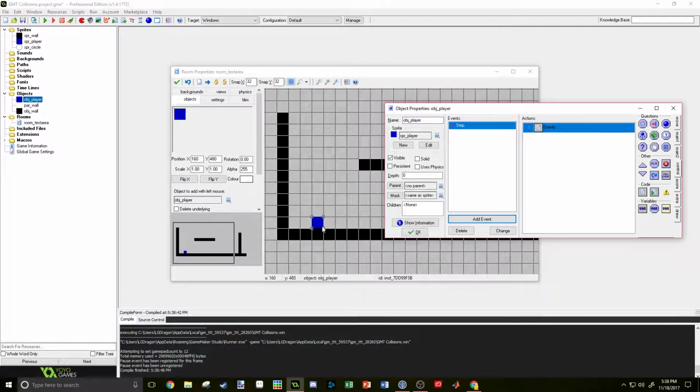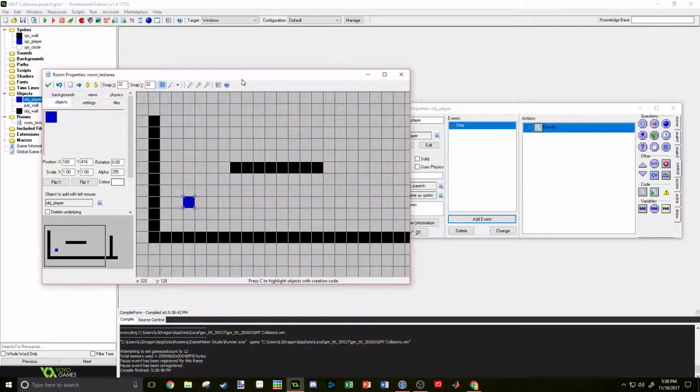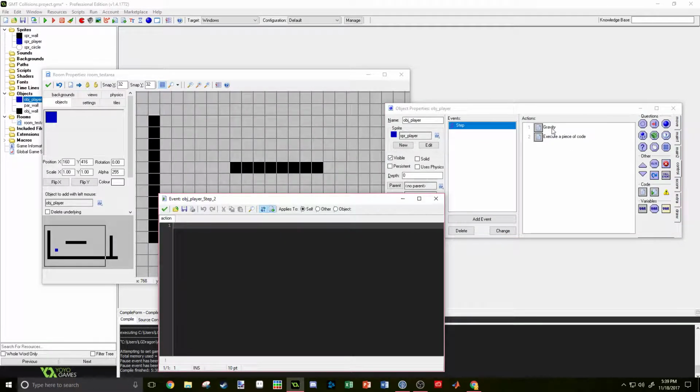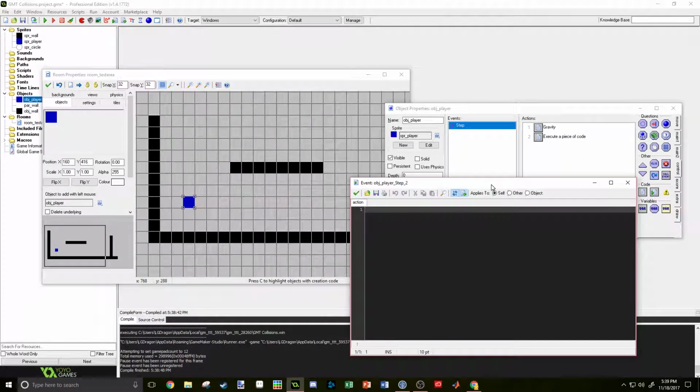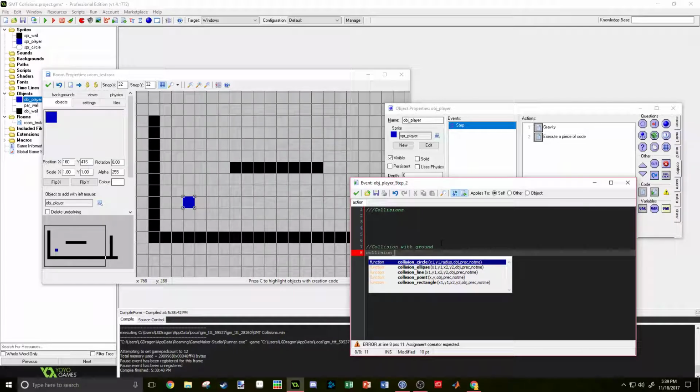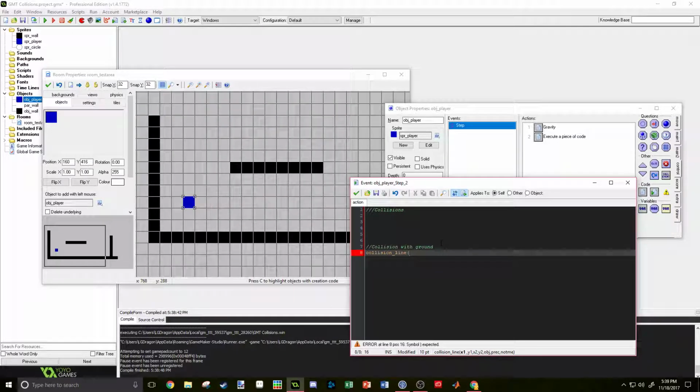So the next thing we need to do is detection of walls. We want that to be after we set the velocity. So we'll do collisions as the title of the script. Let's say collision with ground. Now you might think it would be easy to just do collision line, and let's say,